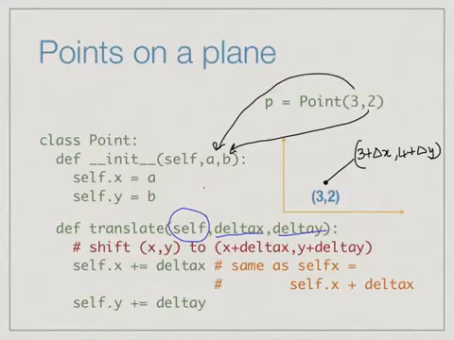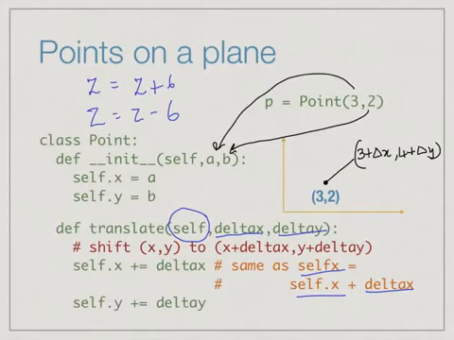So what do we want to do when we want to translate a point? We want to take self.x and move it to self.x plus the value delta x. So we want self.x plus delta x. Now this is a very common paradigm in Python and other programming languages where you want to take a name, say z, and then shift it by some amount, say z equal to z plus 6 or z equal to z minus 6. So whenever we have this kind of a thing where the same name is being updated,